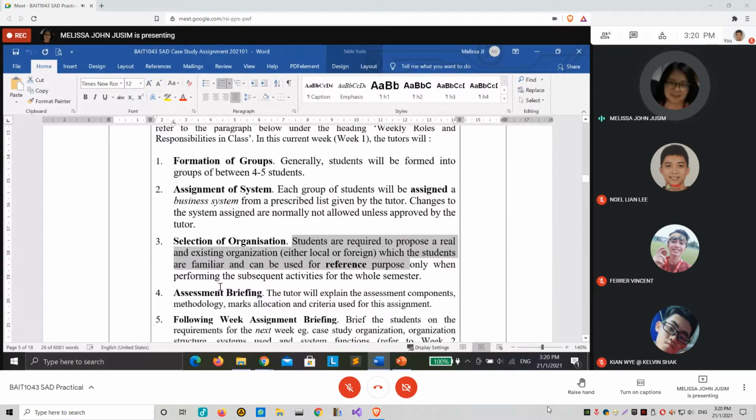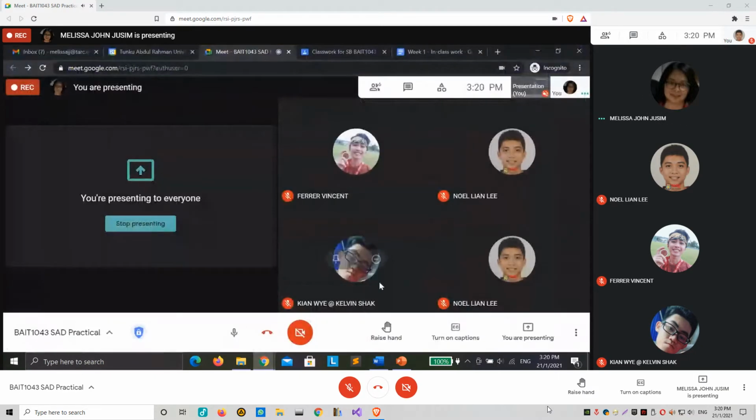Which organization did you all base on for your bus ticketing system? Haven't decided yet. Okay, you go for one organization where you can find the info easily online.